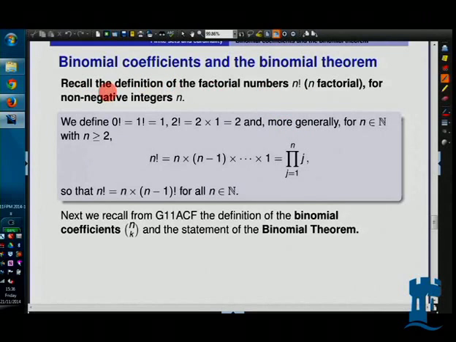Okay, so first of all, what are the factorials, and what on earth are we going to set naught factorial to be? Naught factorial is a convention that we take to be 1. Naught factorial and 1 factorial are both taken to be 1. 2 factorial is 2 times 1, that's 2. So then we get 6, 24, 120. You multiply all the numbers so far. So 5 factorial is 120, 6 factorial is 720,